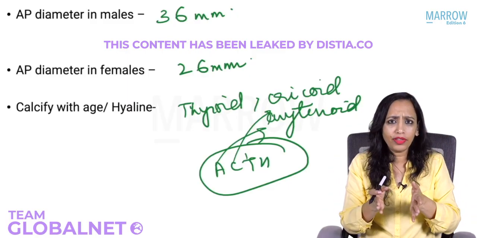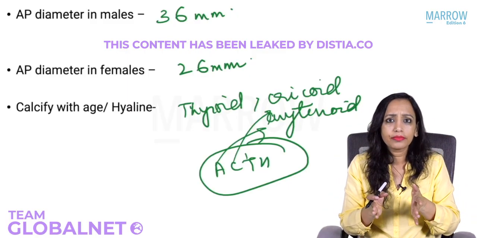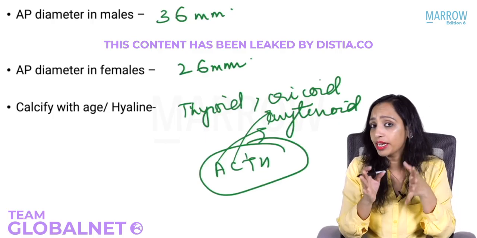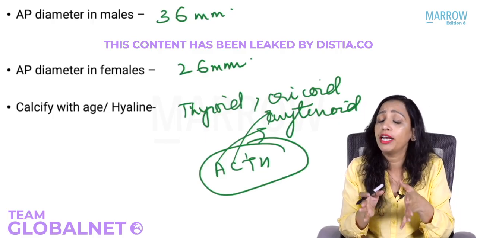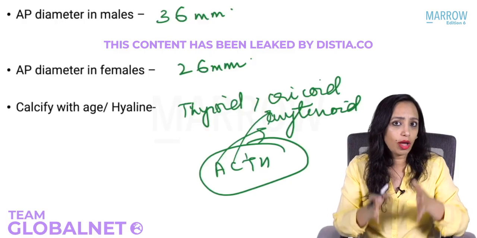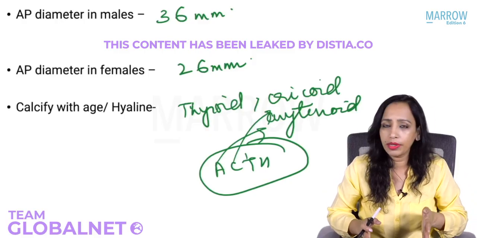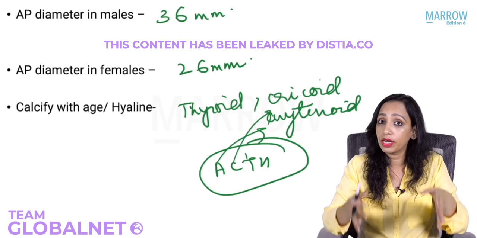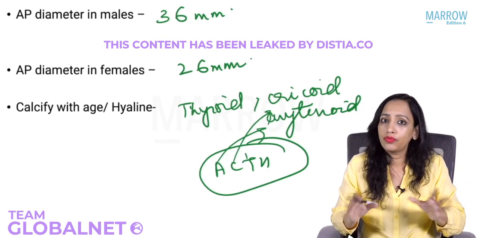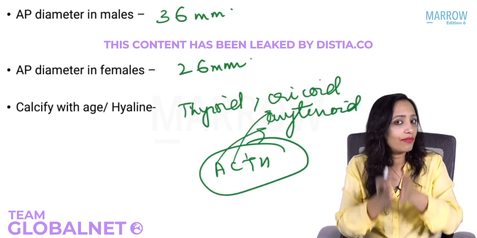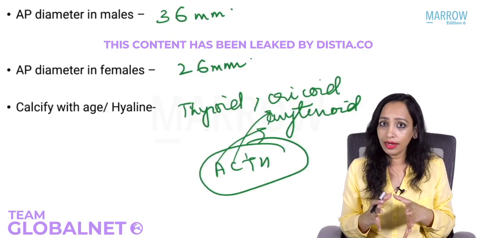Tell me the epithelial lining of the larynx. Ciliated columnar, except for the true vocal cord, which is lined by stratified squamous. So we have the epithelial lining. We know the intrinsic membranes, the extrinsic membranes. We know the muscles. Yes, we know the spaces. Yes, we know the cavity inside. So we know everything about the larynx.